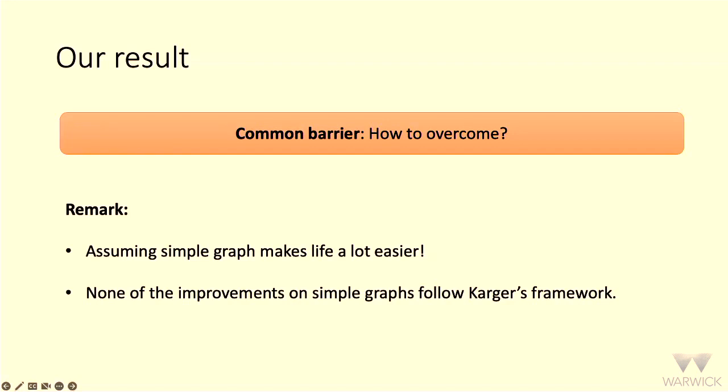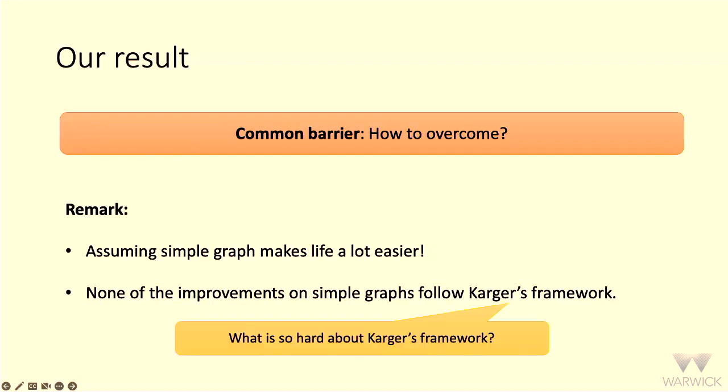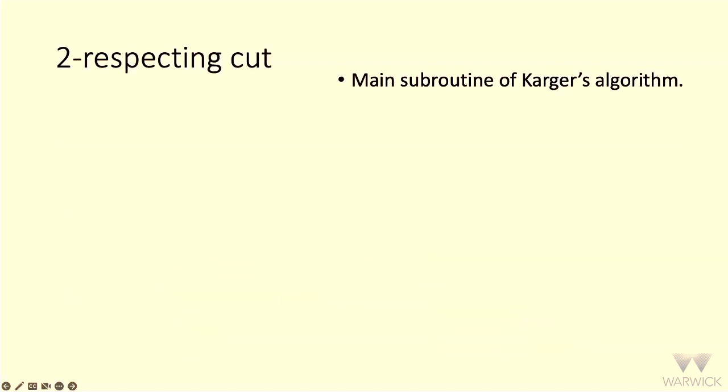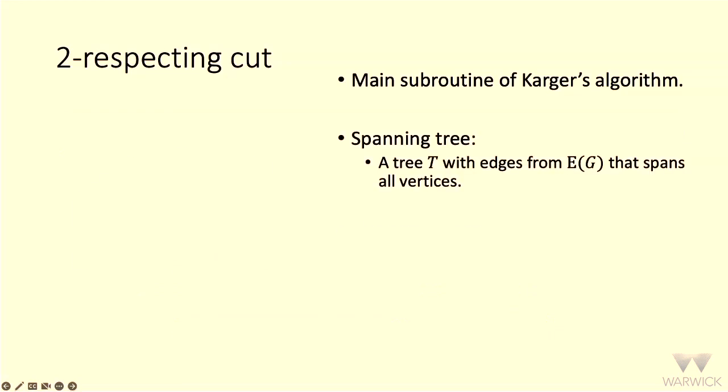The reason all the improvements have been on simple graphs is because of these two things. It just makes life easier to think of simple graphs because you can do sampling, and you have control on how the sampling algorithm works because you have control on the number of edges or the total weight of the edges. Yeah? But Karger's work is for weighted graphs, so what is so hard about Karger's framework, really, to adapt it to other things? And that's one of the problems that he solves in his algorithm, which is called